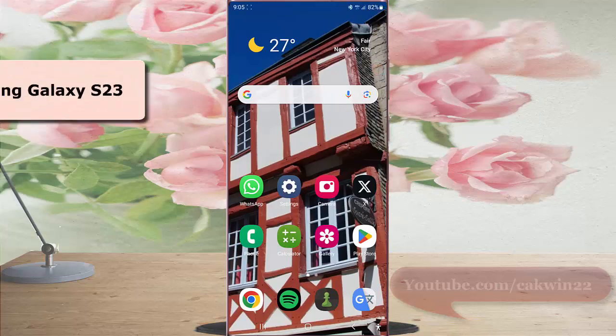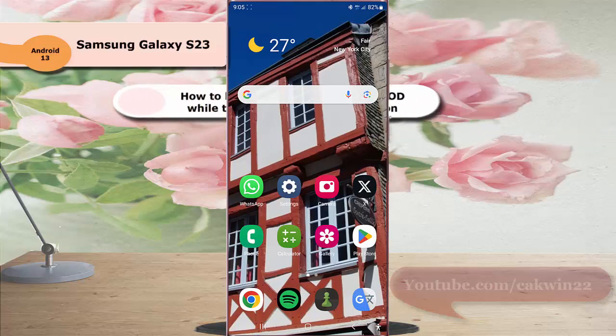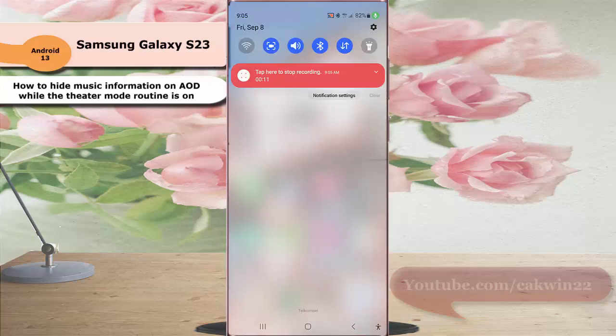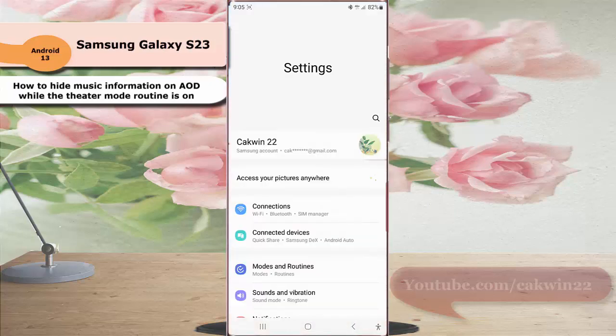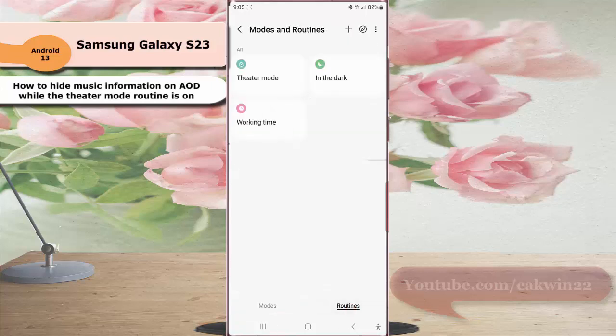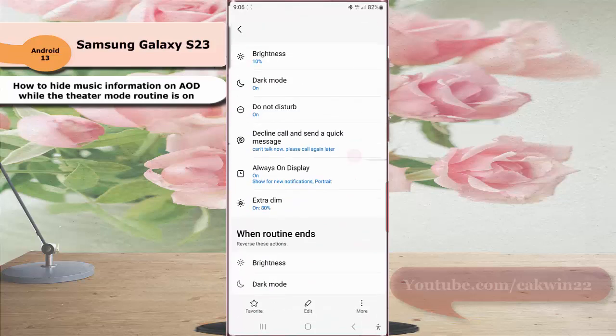To hide music information on AOD while Tiktok mode routine is on in Samsung Galaxy S23 Ultra, swipe down the top of the screen and then tap Settings icon, tap Modes and Routines, and then tap Routines. While you are in the Routines screen, tap Tiktok mode routine, scroll down the screen, tap Always On Display, and